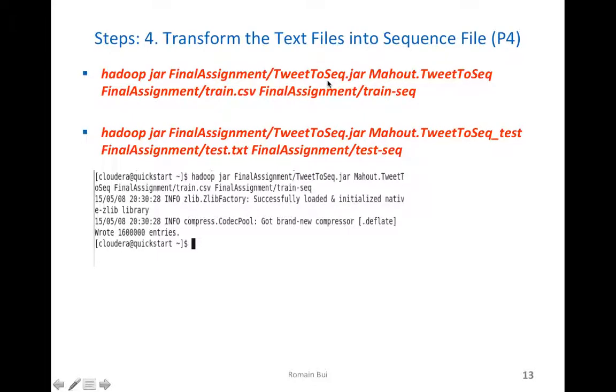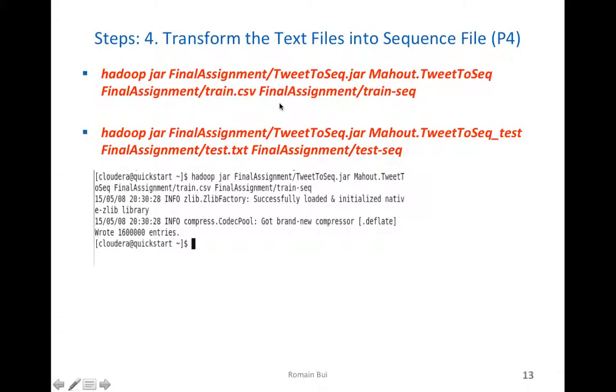So you create this jar, you call it with Hadoop jar, call the jar, and then you remember that it has 2 arguments. So obviously you call the class first of all. So Mahout.tweet2sec. Mahout is our package. Tweet2sec is our class. Then the first argument is the input, and the second argument is the output. The input, final assignment, train CSV. So you do have to have a local file, train CSV, that is in final assignment locally, and then final assignment train dash